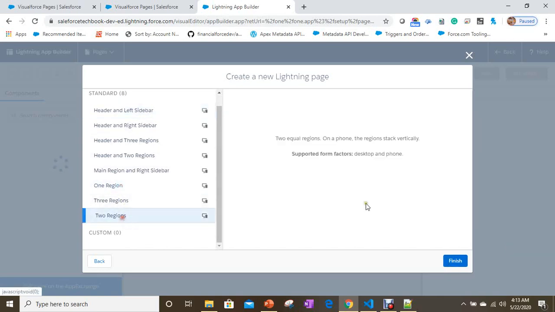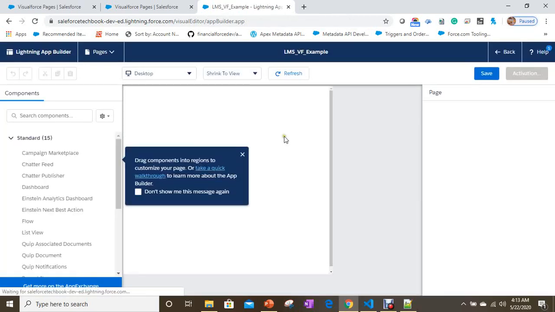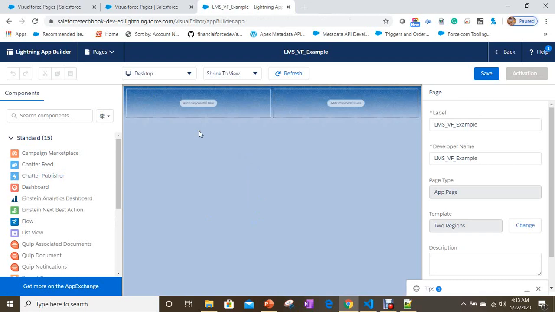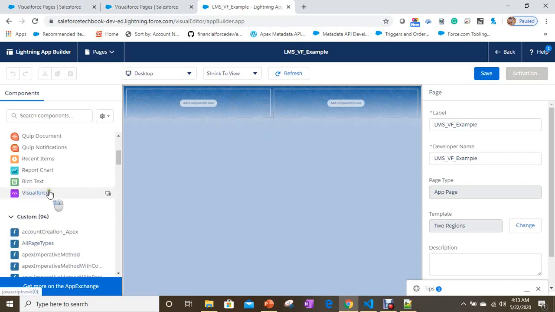And I'm taking two regions for now, where I'm going to add two Visualforce pages. Once you want to add a Visualforce page here, after making those Visualforce pages available for Lightning experience, you have to take this.